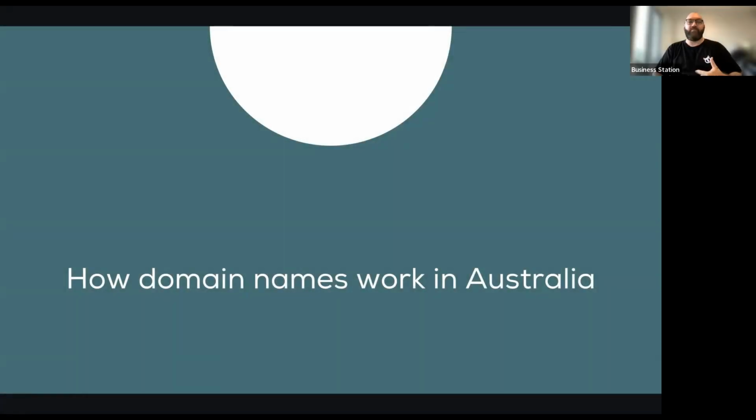How do these domain names work in Australia? When we talk about domain names, we're talking about those .com, .com.au, .net.au, .gov.au, pretty much the names or the addresses that appear in the search bar when you're putting in an address for a website. They work in remarkable ways, and basically they're like an alias that goes to an IP address, and an IP address, or internet protocol address, is those things you look at like